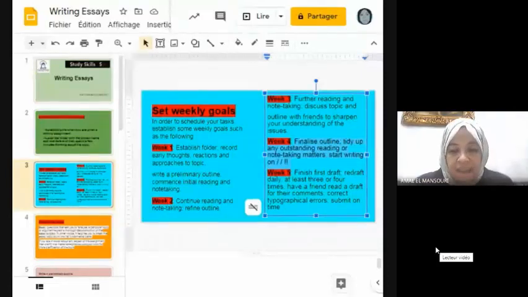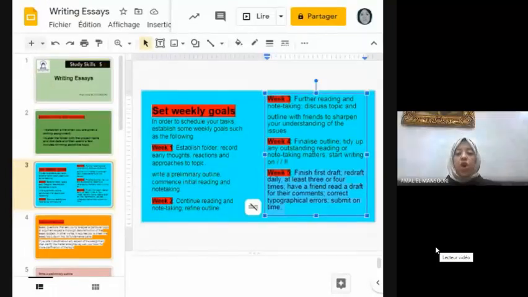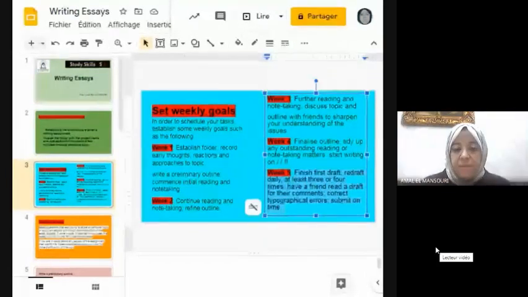The last step, or the last week, finish first draft. You redraft daily, at least 3 or 4 times. Have a friend read a draft for their comments, correct typographical errors, and submit on time. So here, this is the final stage of the writing process.